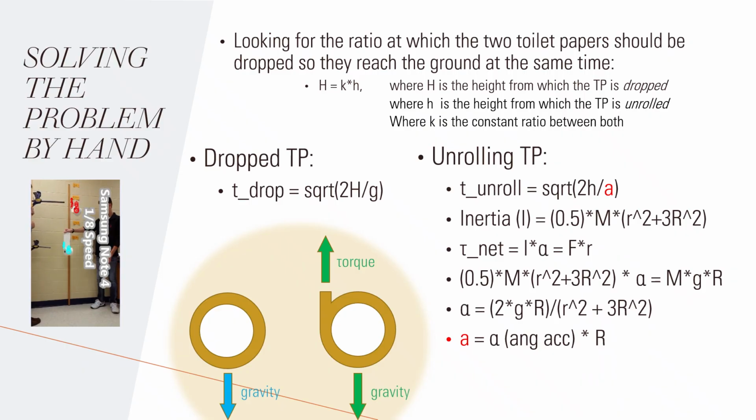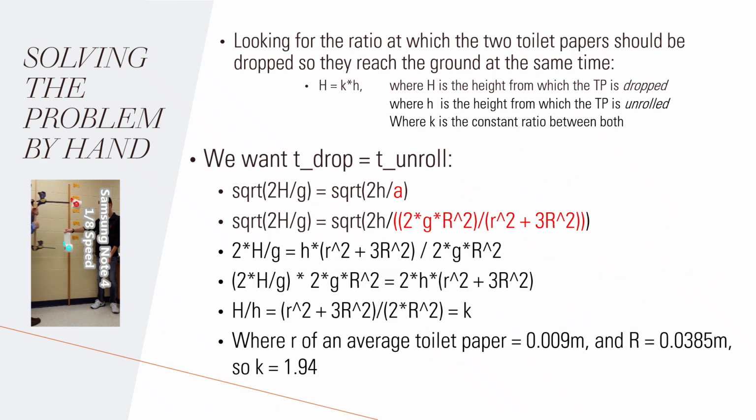Now for the times. For the roll that is simply dropped from height H, the time is just free fall. T drop equals the square root of 2H over g. For the unrolling roll, starting from the height h with linear acceleration a, the time to unroll equals the square root of 2h over a. We define a height ratio h equals kH, and our goal is to find k so that these two times